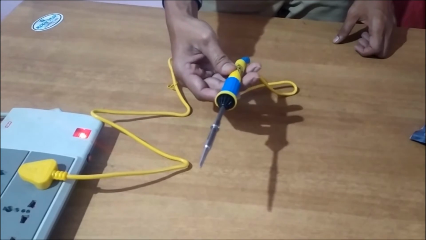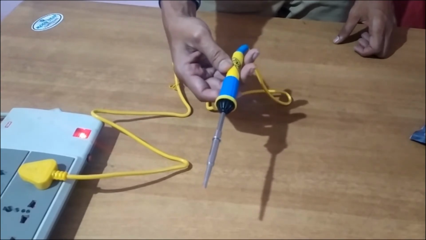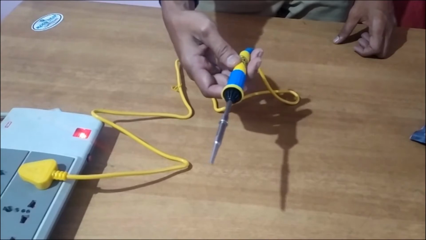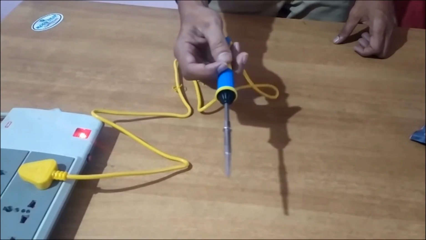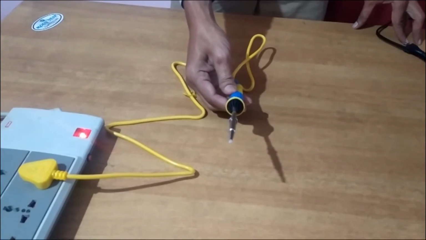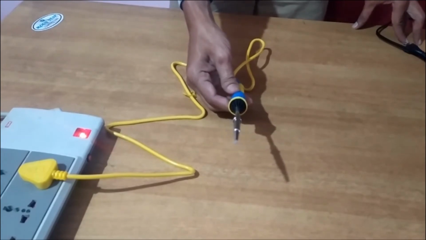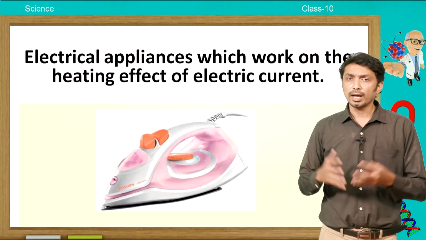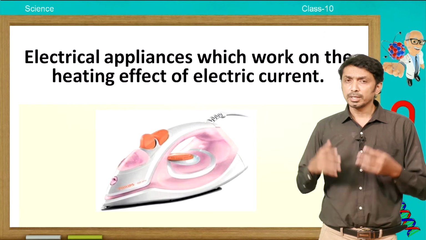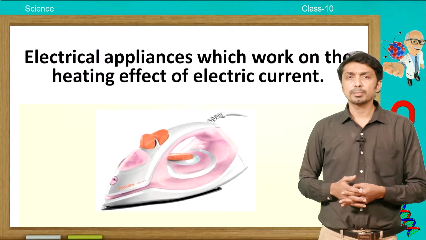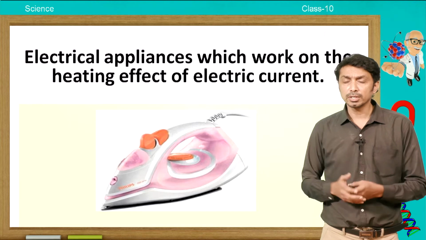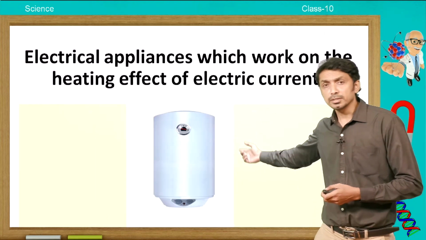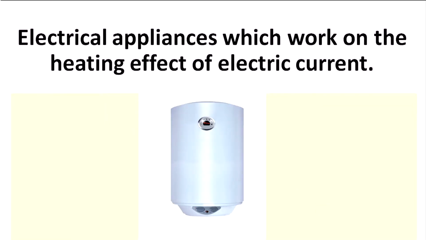Yes, I am sure you have got the right answer. This is a soldering gun which is used to solder small electronic components in electronic circuits. So this works on the principle of using electrical energy and then converting it into heat energy. So children, just now you had a look at that activity. So can you name any more electrical appliances which work on this heating effect of electrical current? Yes, what is this? This is an electrical heater.